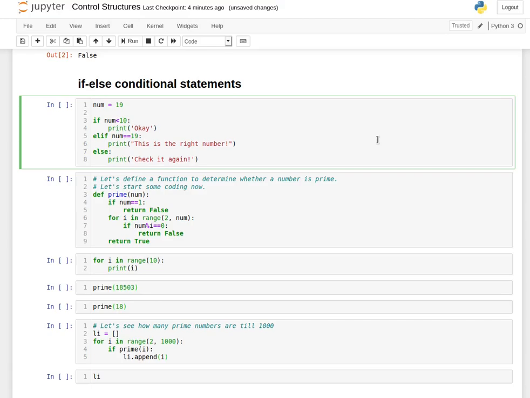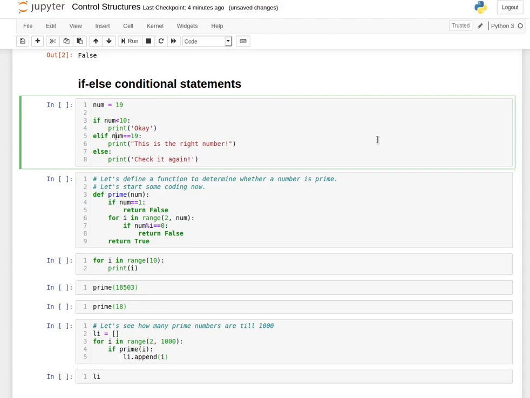Then there's elif, as in else if in C or C++ programming. I'm continuously using the reference of C or C++ because I hope you have prior programming knowledge, having used these conditionals in some other programming language. We use elif instead of else if, as in C, C++, or other core programming languages.